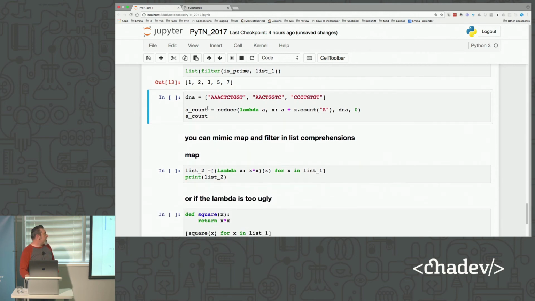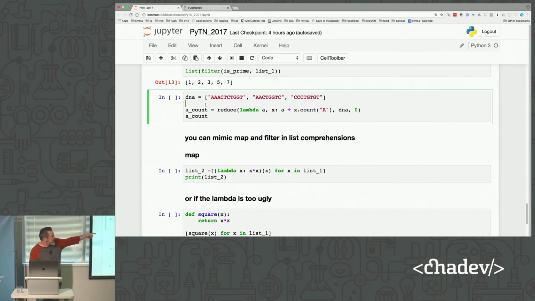Probably should have moved that up. But one of the things I always have a problem with reduce is finding really good examples. Figuring out how to do math problems is pretty straightforward, and that's something you see a lot of. I came across this one, and I thought it was really great. The first line is taking a list of DNA sequences, I guess, with 3 items in the list. We want to go through and count how many A's there are in this list.